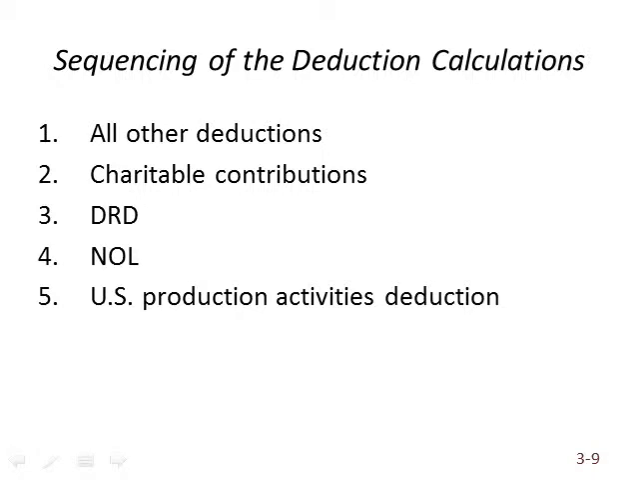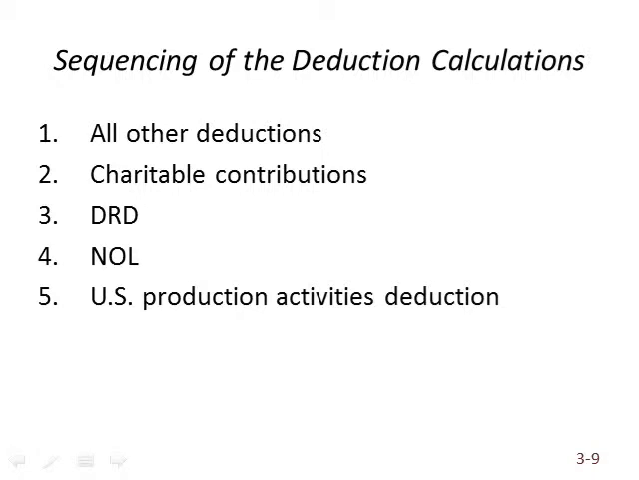And so, as we said earlier, the sequencing of the deduction calculations becomes very important in determining the adjusted taxable income number that we look at for deduction limitation purposes. As we said previously in an earlier class, the charitable contributions deduction is limited to 10% of the taxable income before the charitable contributions deduction, any net operating loss or capital loss carryback, the dividends received deduction, or the U.S. production activities deduction. But after any net operating loss carryover deduction,